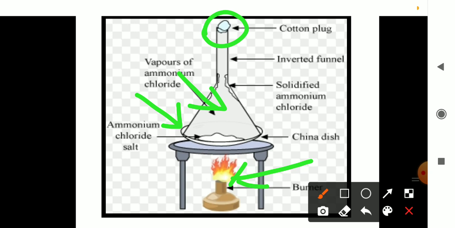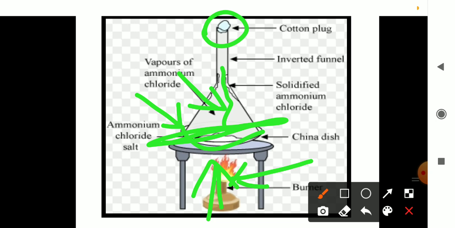Why is there a necessity for this piece of cotton? When we heat this reaction mixture, the vapors will come out and they should not escape from this funnel. That is why the open end of the funnel is closed using a piece of cotton. Is it clear, students? Between the china dish and the funnel, there will be a perforated asbestos sheet, which means holes are made in that sheet, separating the china dish and the inverted funnel.